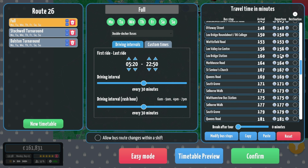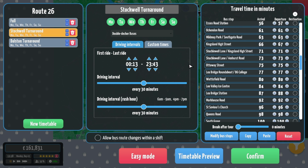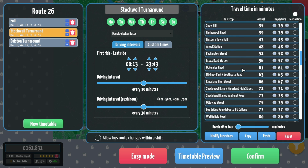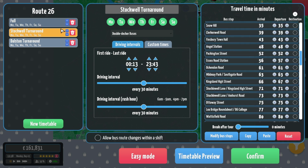How did that happen then? I feel like, how's that working with the timing? So if that departs Kingsland High Street 139, so that's going to be what, 9, so 39, and departs Kingsland High Street at 67, which is going to be 20. Okay, that's